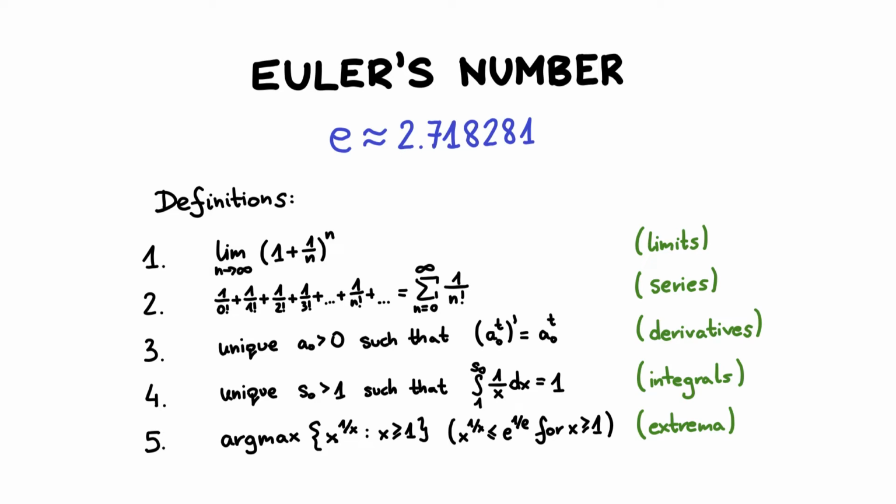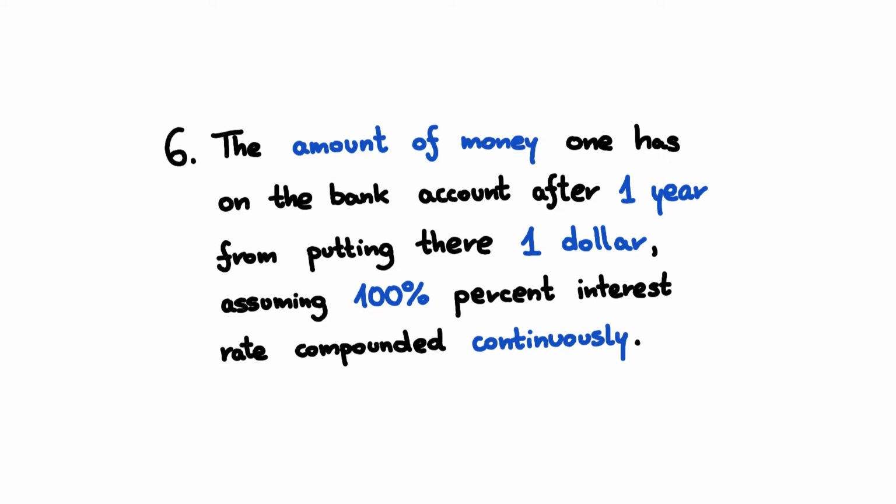But as our goal here is to have some fun with maths, we will try to connect the dots in a less conventional way. We fully rely on the following 6th definition, which is slightly less strict. It is, however, important historically, since this is the approach to which E owes all the attention it gets.